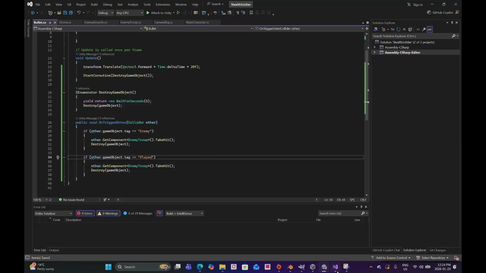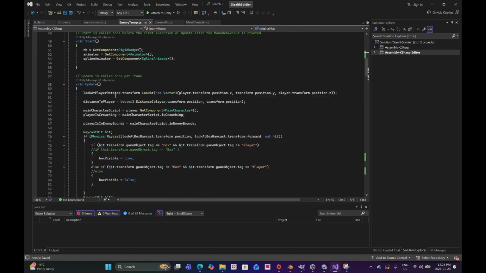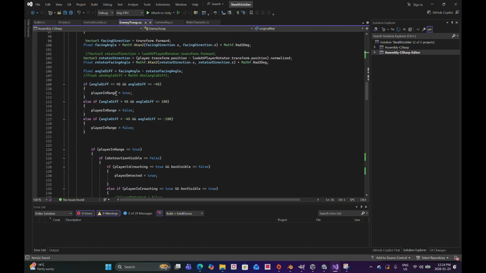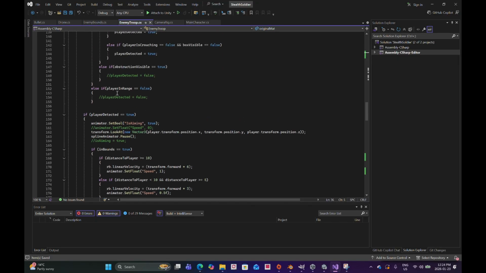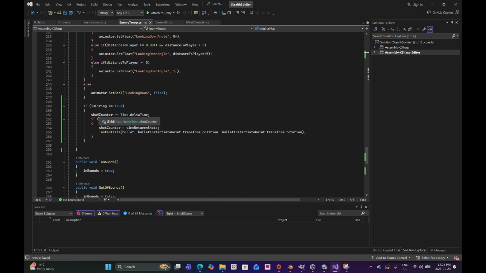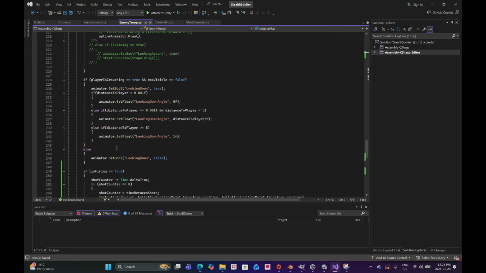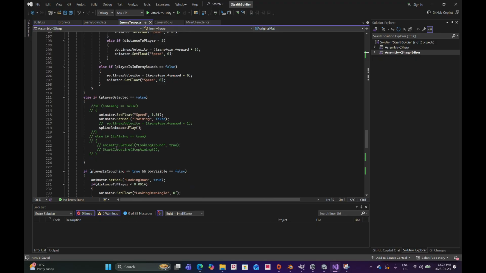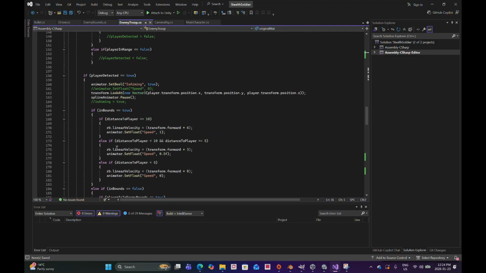Oh, I forgot. In the enemy troop, it only fires if his firing is true. It has to be, his firing is set to true if